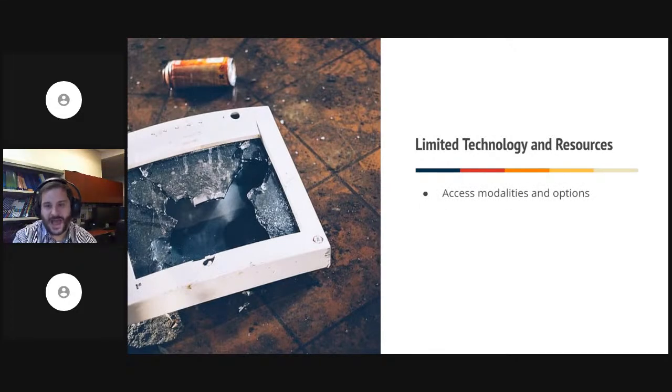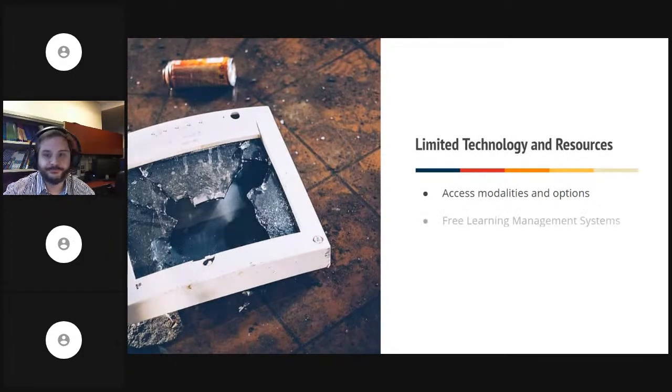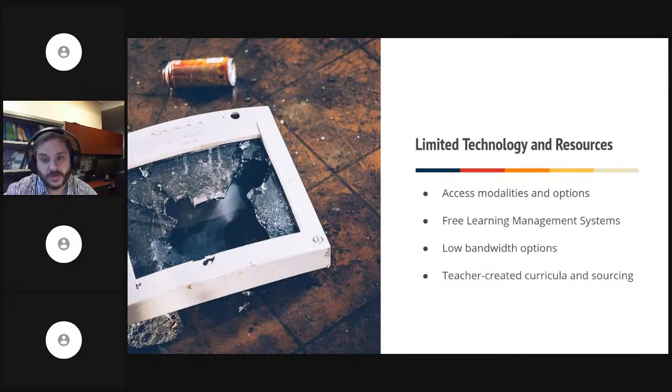Number one, we're going to talk about access modalities and options. I'll explain what I mean by that, but it's important first to understand how our students are accessing the internet, how they're accessing the resources that we give them. We'll talk about free learning management systems. We won't go in depth with this, of course, because we did a whole webinar about this on Tuesday, but I do want to suggest some of the free ones and why that's an important choice for you looking forward. Low bandwidth options, how to differentiate your instructions,